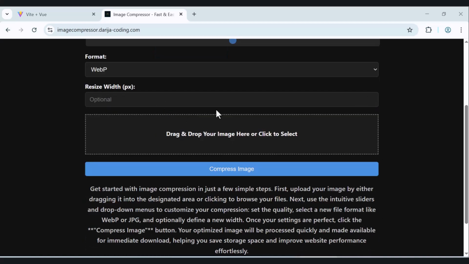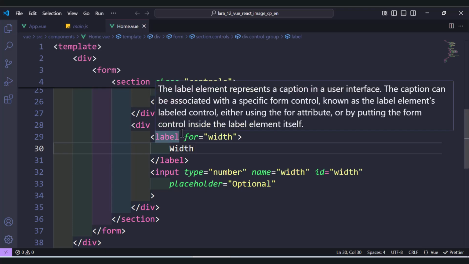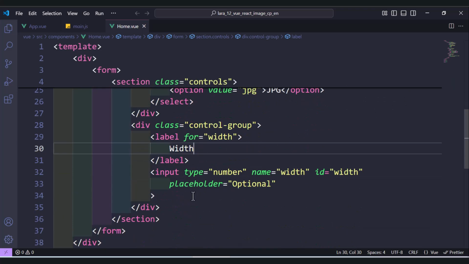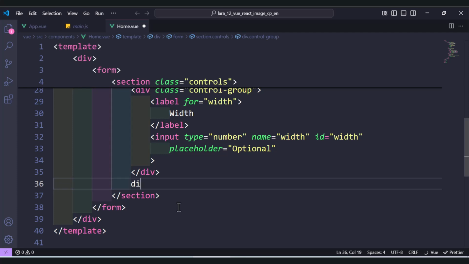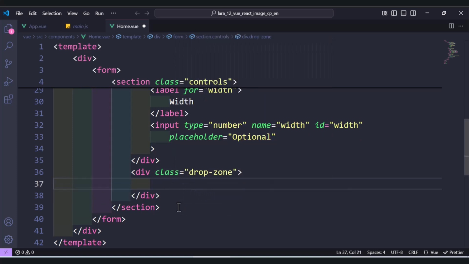So to add the drop zone, let's move to our component. Here, after the closing div of select box, let's add another div and give it the class drop zone. We'll add style later. And also inside we need a label, and the label will take the class drop zone label,